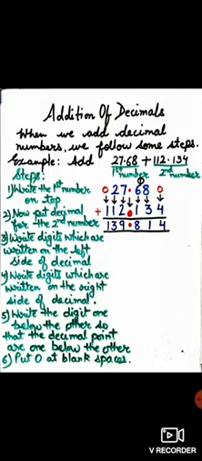Then we will write the digits which are written on the left side of the decimal of the second number, which are, first of all we will write 2 below 7, then 1 below 2, and then we will write the 1 on the left side. Then on the right side we will write 1 below 6, then we will write 3 below 8, and then we will write 4 on the right side. And in the blank spaces we will put zeros. That is, after 8 we will put 0 in the first number, and on the left side of 2 we will put 0. Now we will add both the numbers, and the answer we get is